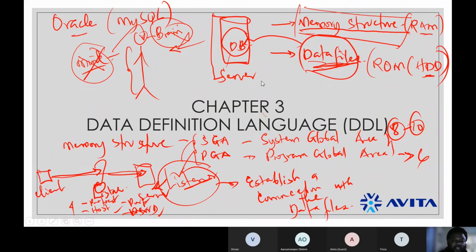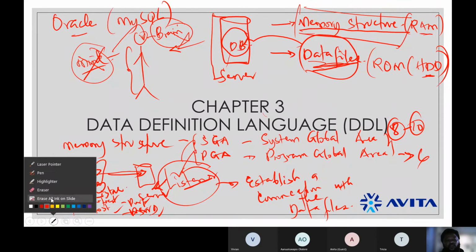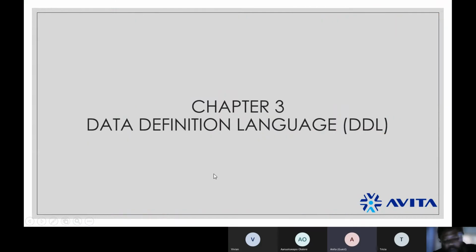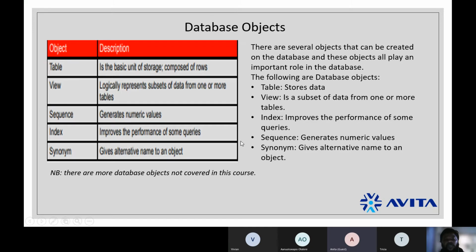So I want to believe that at least to a good extent, you understood all this explanation about the connection, right? Awesome. Now we want to start with data definition language. Before we begin to talk about data definition language, we need to understand what the database objects are.